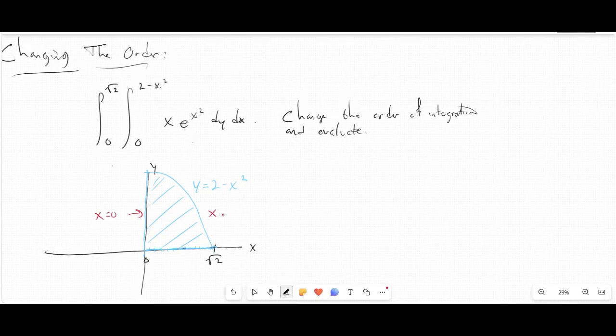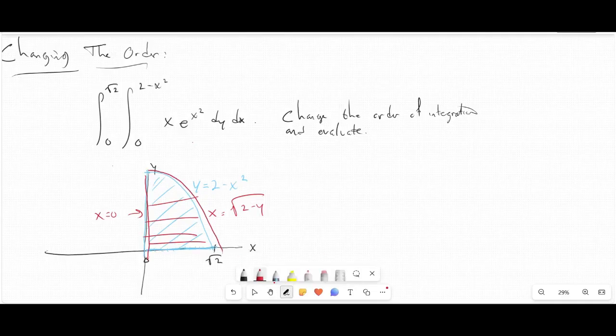And the upper one is, well, x squared equals 2 minus y, so square root of 2 minus y. If x goes from 0 to the square root of 2 minus y, and y goes from 0 to 2, it's the same region,